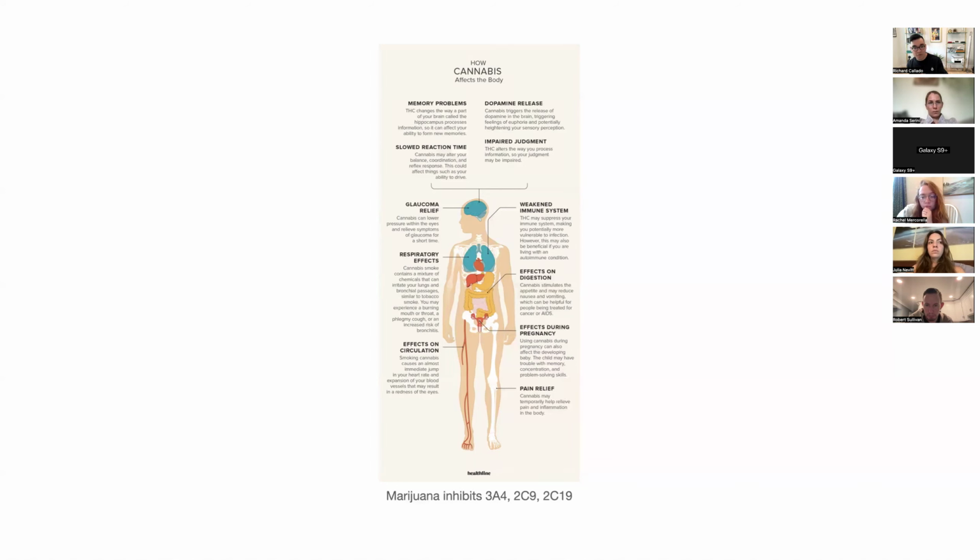Sure. So for instance, someone's on Vraylar, right? It's a 3A4 medication. They smoke marijuana. The level of Vraylar goes up, and you would think it would be an increase in antipsychotic effect, right? But they might have increased akathisia. They'll feel restless. They're pacing around, right? But the marijuana itself at the CB1 receptor is a full agonist, which could be psychomimetic. So the patient will have increased psychosis and paranoia from the marijuana pharmacodynamic effect. And even though the effect of the Vraylar is going up, it's not going to match the pharmacodynamic effect of the marijuana, right? So you explain that to the patient.